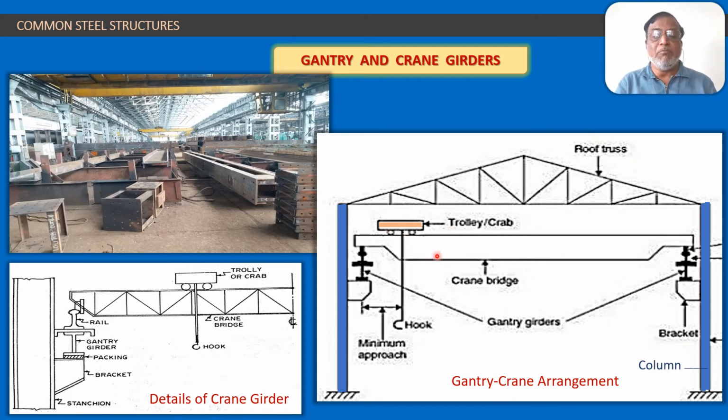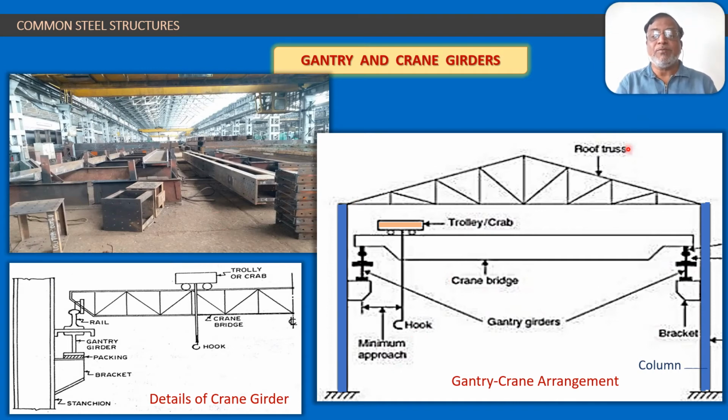Now you will move this crane girder entirely over the 2 gantry girders, over the rails, and you will take this crane girder to a position where you want to release that load which you have lifted at a different point. You will lock that crane girder on the gantry girder, and you will unlock the crane and move the crane on the crane girder wherever you want to locate it. So you lock it again and release the hook and release the load where you want to put it finally.